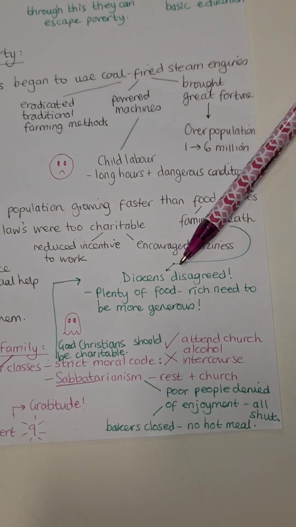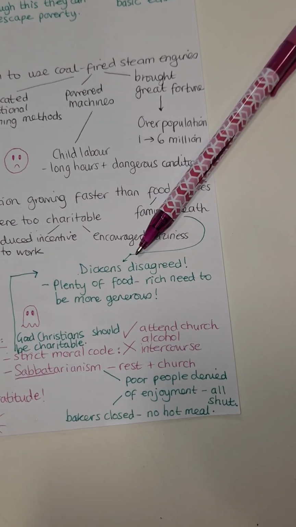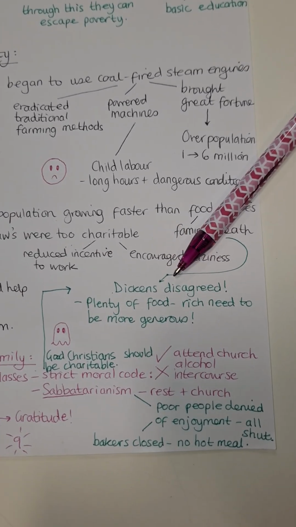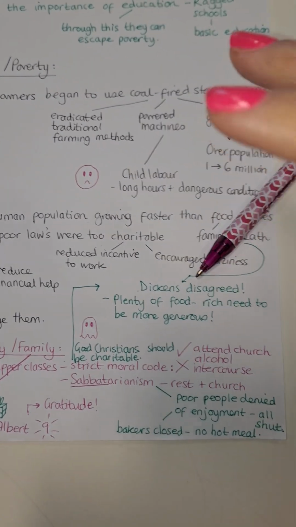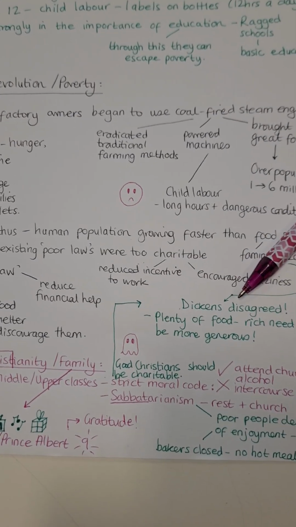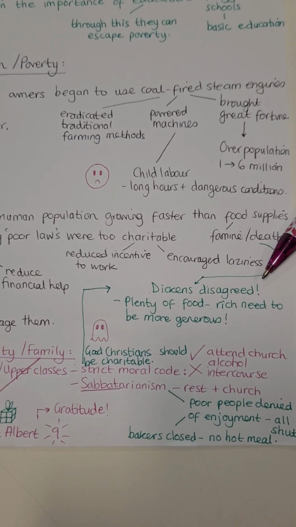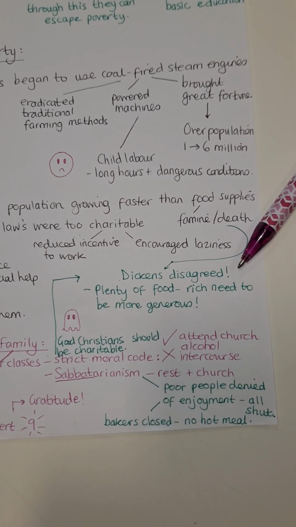Just because of this attitude of Thomas Malthus in society, this was something that Charles Dickens completely disagreed with. And this is why he uses Scrooge as a construct for that sort of upper class, selfish, money-driven member of society. He uses Thomas Malthus's words by saying, decrease the surplus population, to put a mirror up to society at the time to say, you know who these words are from, and to recognise it.